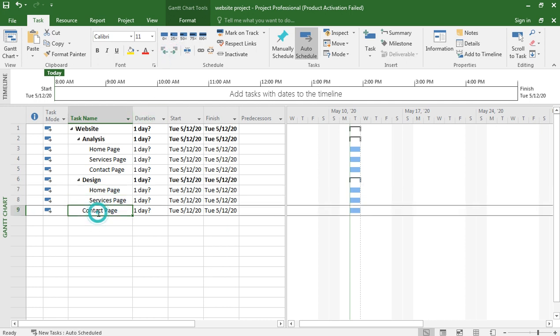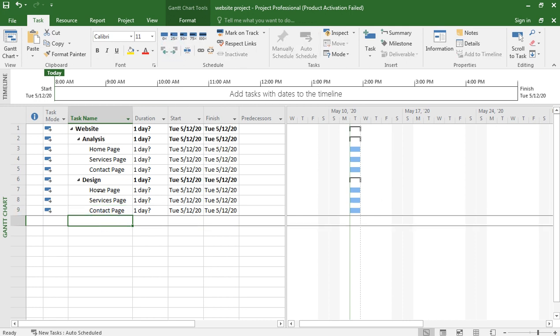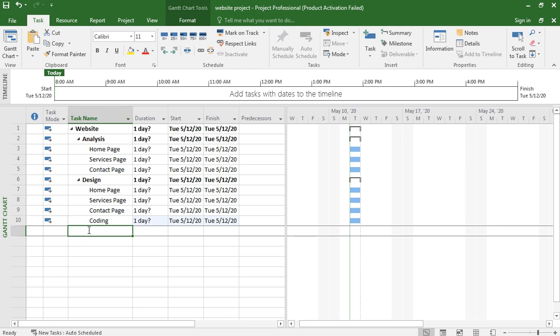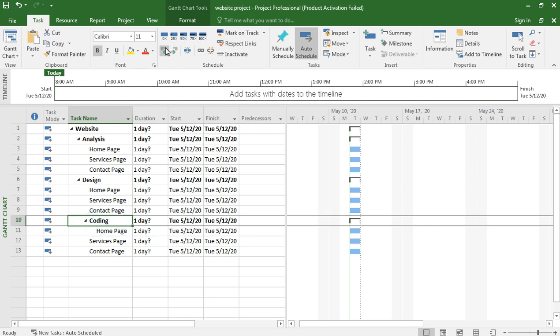So under the design we now have home page, so we should indent it. Home page. Now the services page we indent it, and the contact page, this is the design phase. So we are planning to make a website. Now next is coding. In the coding we have three tasks. We paste.